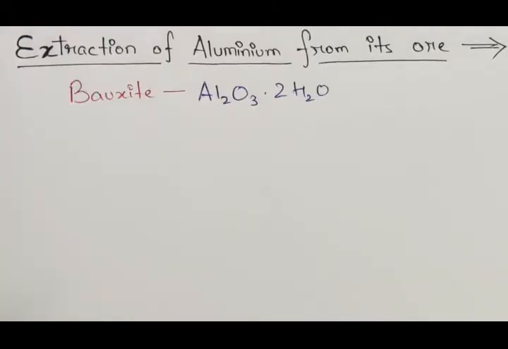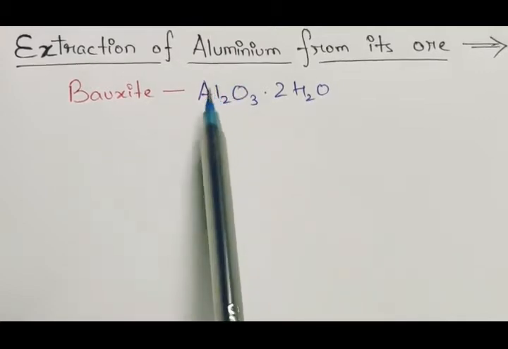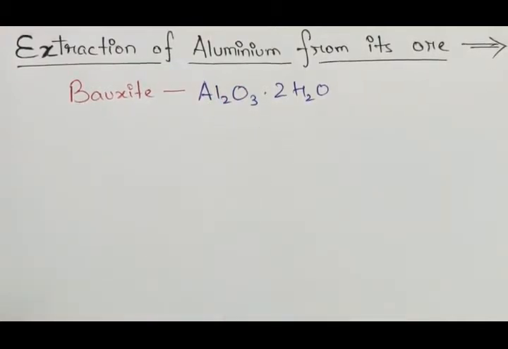So the main ore of aluminium, that is bauxite, is basically hydrated aluminium oxide, and this bauxite contains 60% of aluminium oxide and the rest of it contains mainly sand, ferric oxide and titanium oxide as the impurities. Now we know that the first step of extraction of ore is crushing and grinding. So initially the bauxite ore is ground finely and heated to remove the volatile impurities.